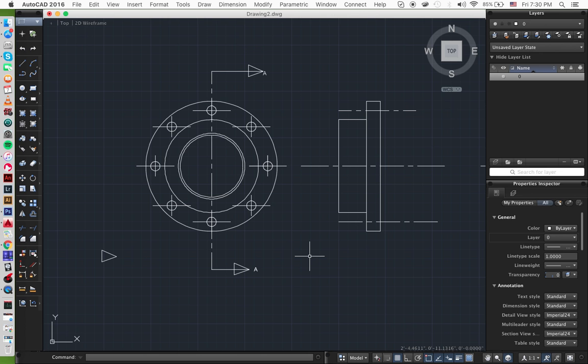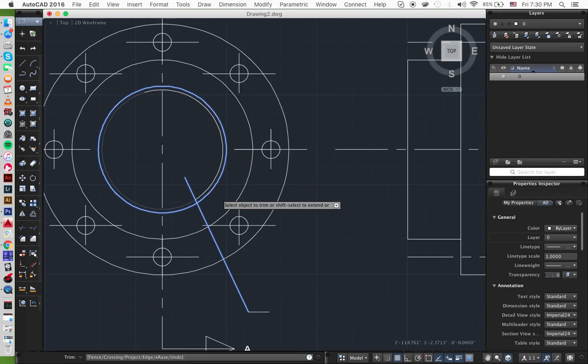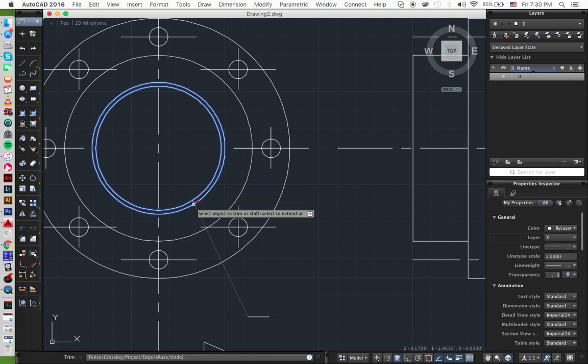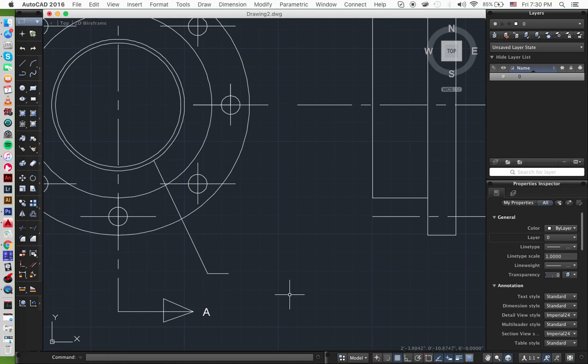Alright. Next thing, you're gonna want to take a line, any line, doesn't have to be orthographically straight, and then you just take her here like that. You come here, you go to trim, and you trim it down so it touches the edge of that circle. Okay, and then how do you get like, okay,